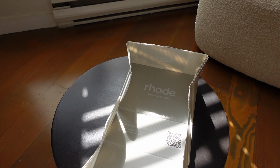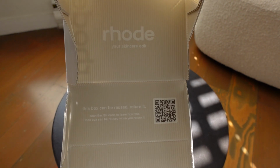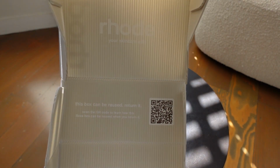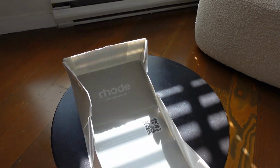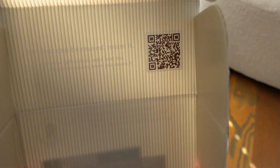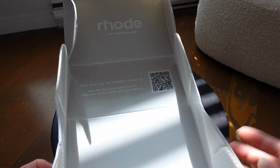I don't know if you guys have seen or heard of this before, but I've seen it on social media once before with a different company. But I ordered something from Rhode, which is Hailey Bieber's skincare brand, which is really good. But it came in this reusable box instead of a cardboard box, which I really like because basically you just scan the QR code here and then it tells you where you can return it, which luckily for me